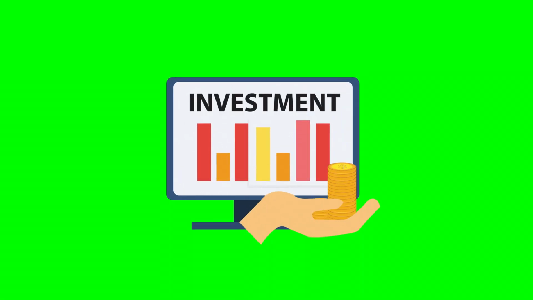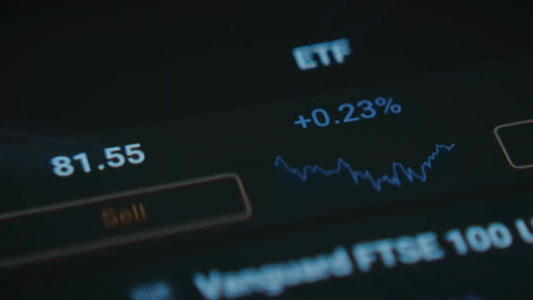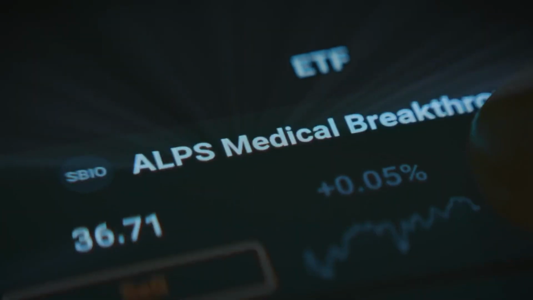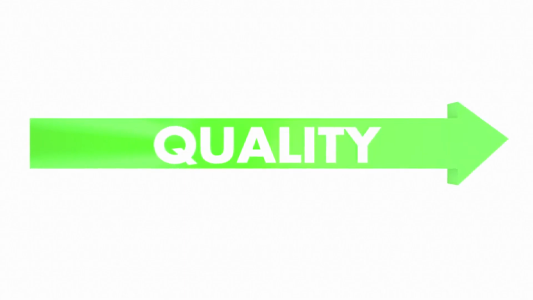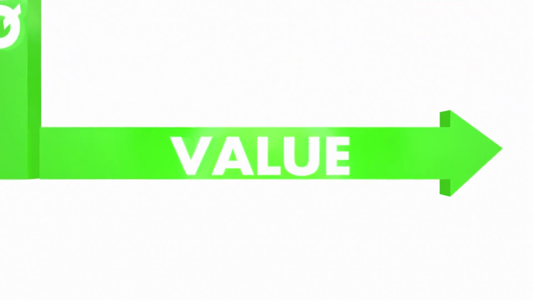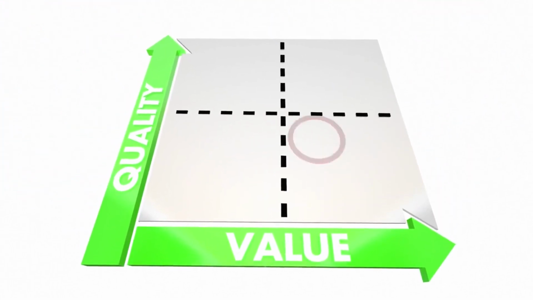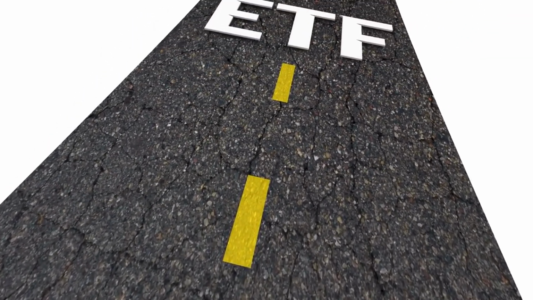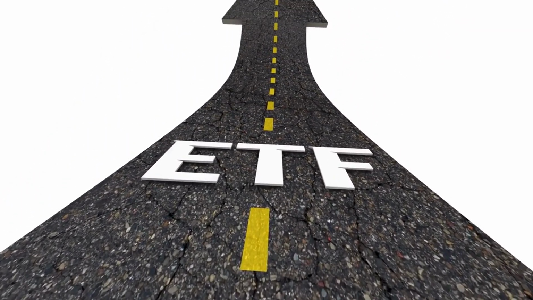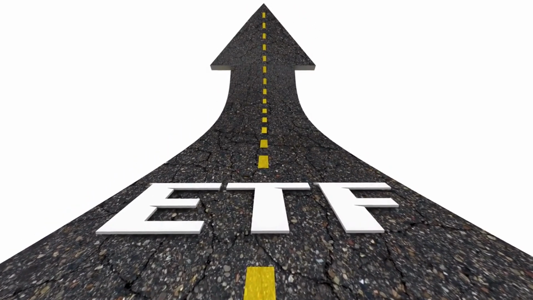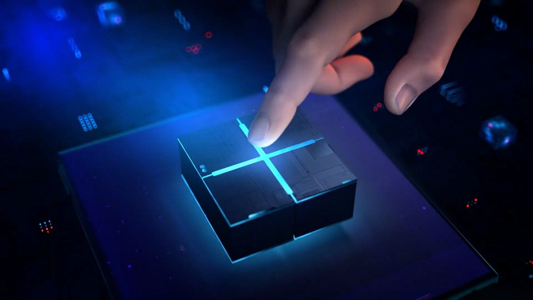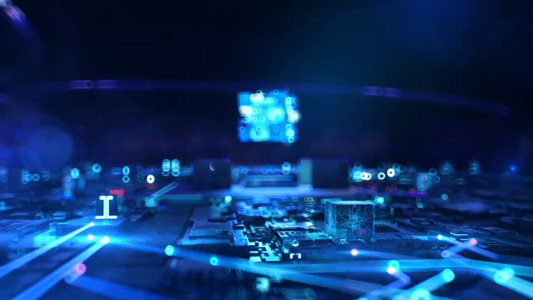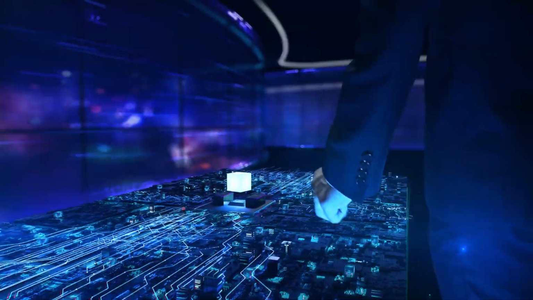ETF liquidity and tracking error. Liquidity and accuracy are important but often ignored when choosing an ETF. You should consider how easily you can buy or sell the fund and how closely it follows its benchmark index. Liquidity. ETFs with high daily trading volumes are easier to trade without impacting their price. Low volumes can lead to challenges, including wider bid-ask spreads, which increase your transaction costs.